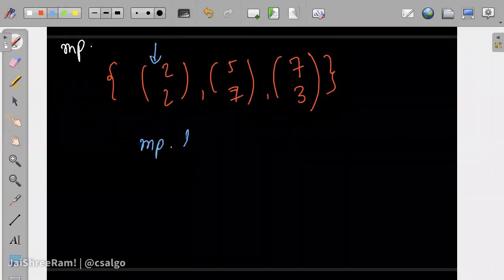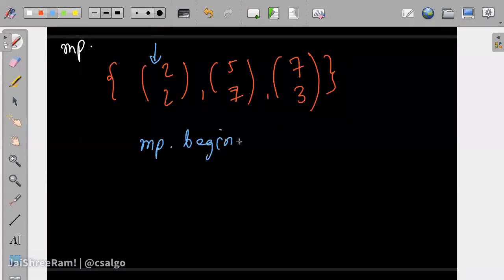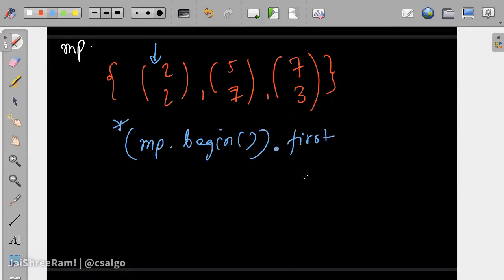So you take star of MP dot begin and you write a dot and then write first. Okay, this is also correct, but in general you can club this star and dot into the arrow syntax, which is much more efficient in C++. Okay, so this is how you can get the first element.